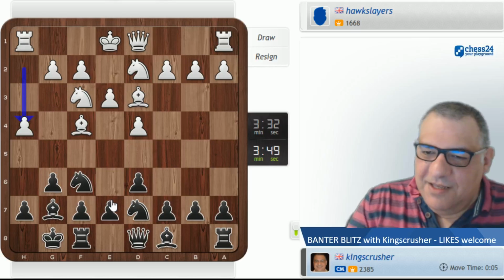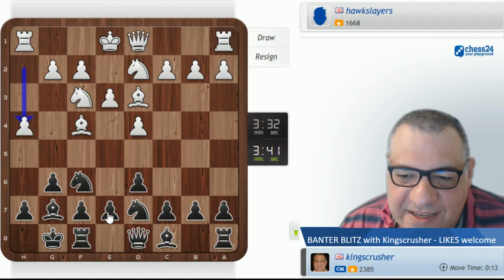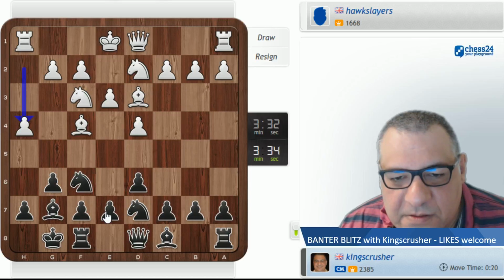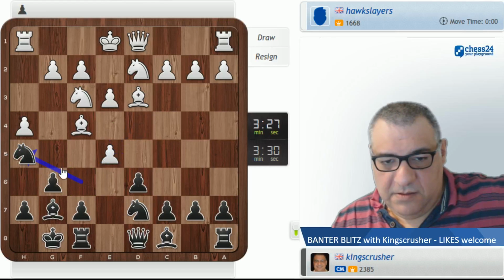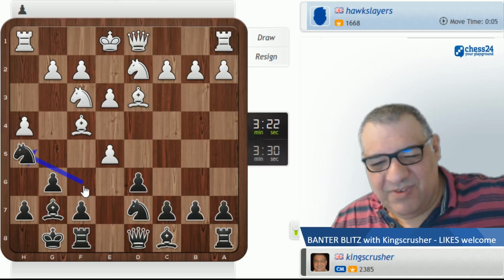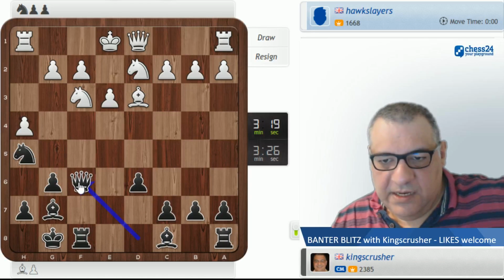So this is kind of a hack attack, like, you know, h5 obviously, and I'm tempted just to try and open things up, you know. Yeah, in fact, knight h5. Yeah. Now bishop g5 f6 still opens things up in such a way that might be interesting in any case,